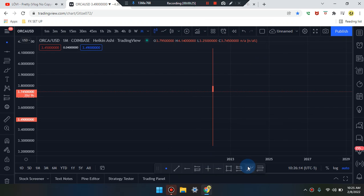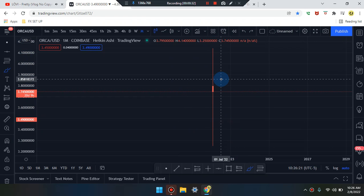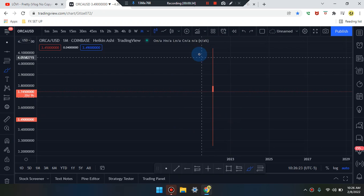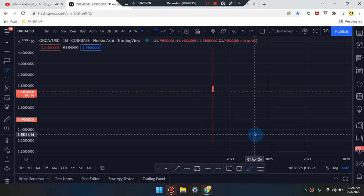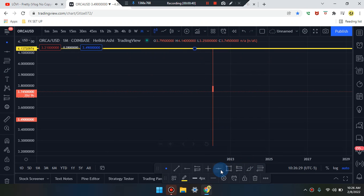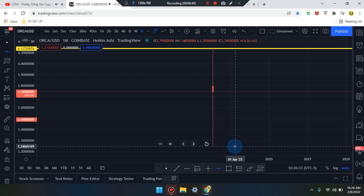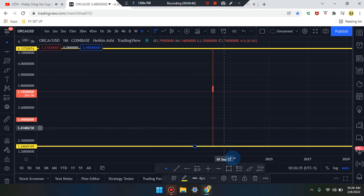Take a look at what's going on in the market. We are in the monthly time frame. Price action: the last candle in the market is a doji. It's an indecisive market, so we don't know if it is going to go up or down. We have to see a pattern or a candle engulf this candle to the upside or downside